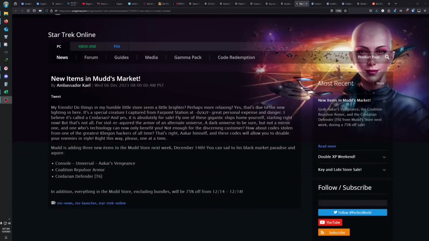And for those of us on PC, there is going to be a MUDs update next week on December 14th, and along with it, there will be a 75% MUD sale for all of the non-bundle items in the MUD store from December 14th up through the 18th. The 3 new items that they're adding in are the Akar's Vengeance console, the Coalition Repulsor armor, and the Nadarian